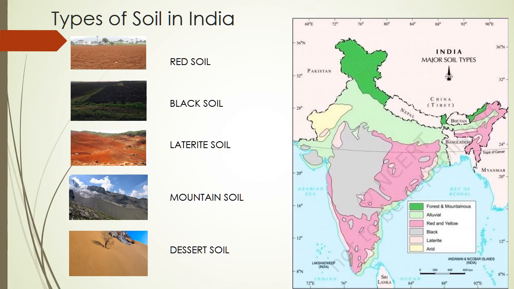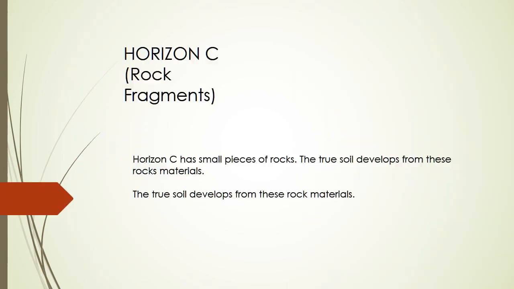When I talk about laterite soil, it is found in the Western Ghats and in the parts of Maharashtra and Karnataka. Mountain soil is mainly found on the hill slopes covered with forest. Jammu and Kashmir is the best state for this type of soil. Desert soil or arid soil, as the name itself tells you, is found where, children? Yes, in the parts of Rajasthan and Gujarat. Now I hope you can easily do this map in your notebooks and stick the map in your notebook somewhere.